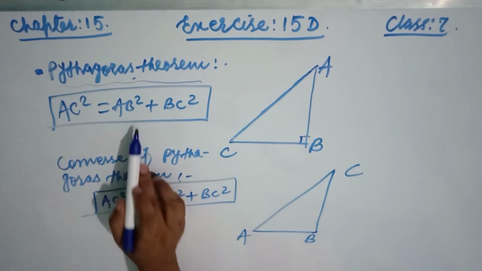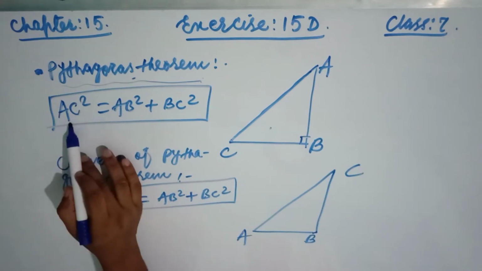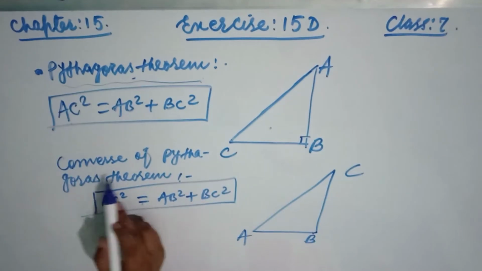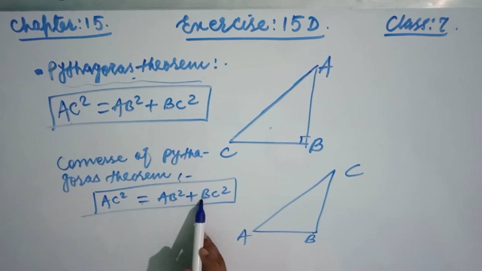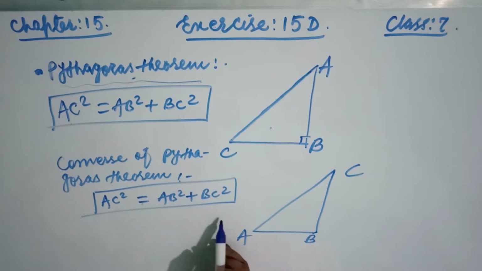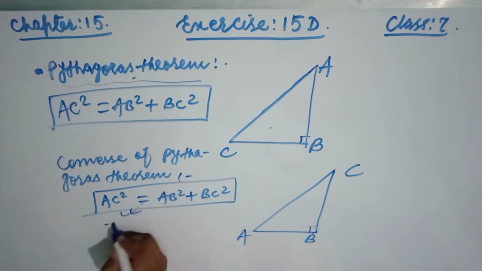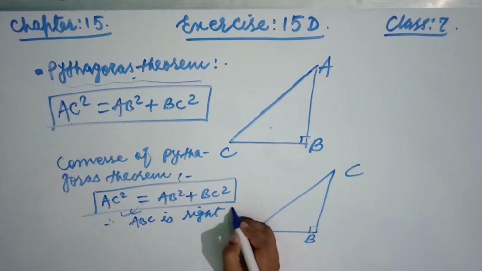Okay, now this one is in any right angle triangle, the square of hypotenuse is equal to sum of the square of other two sides. This is the Pythagoras theorem. Now converse of Pythagoras theorem says if the square of any side of a triangle is equal to sum of the square of other two sides, then the triangle is known as the right angle triangle. Okay, that means this is given, that means a triangle ABC is a right angle triangle. Okay,